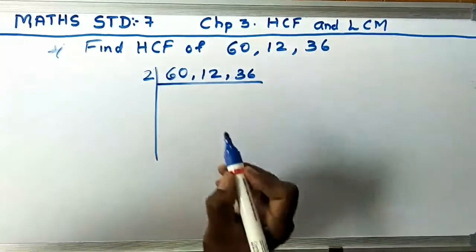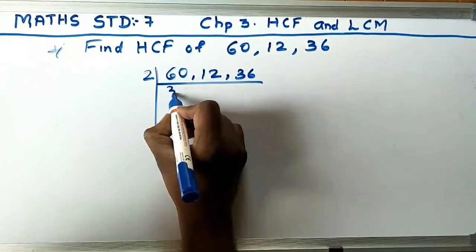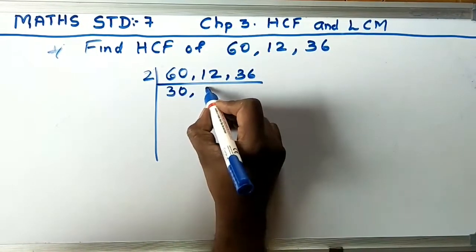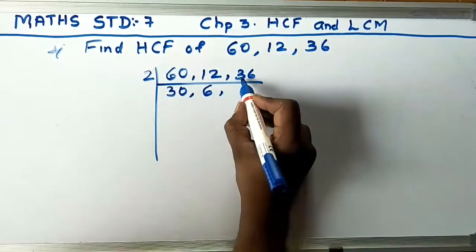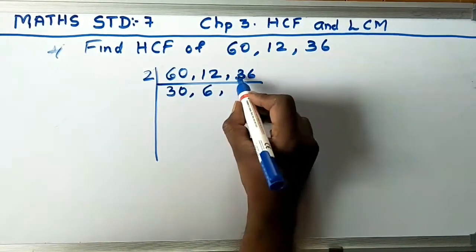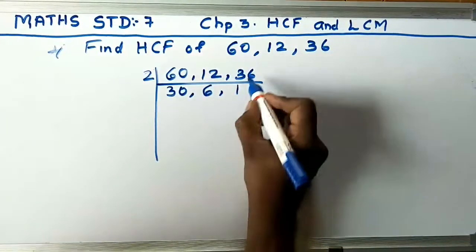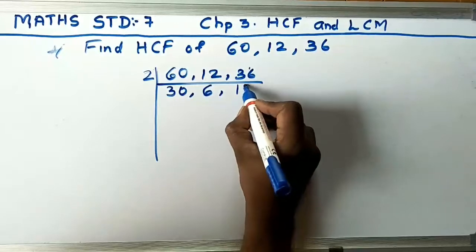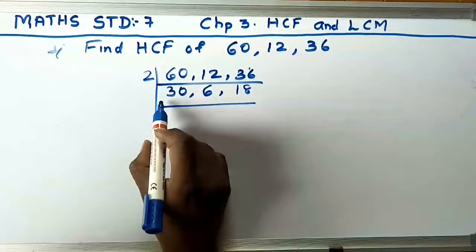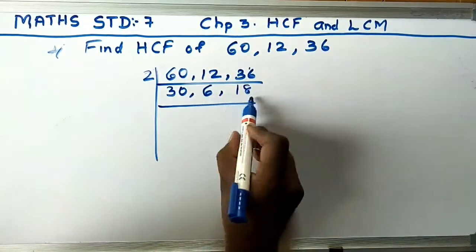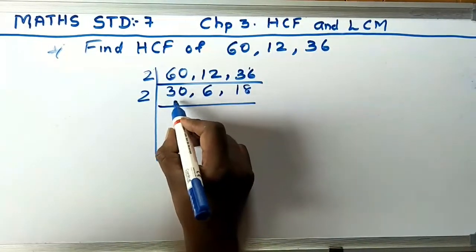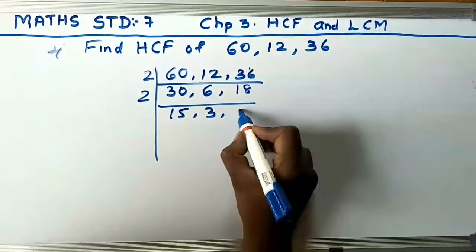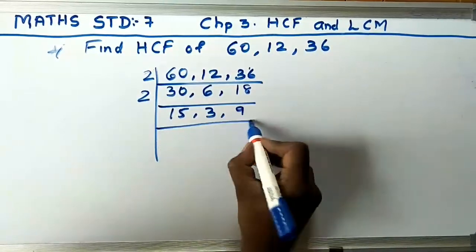First we'll take 2. 2 3s are 6, 0. Then 12 goes how many times? 6 times. 36 goes how many times? Let's see that. 3 will not go into 2, 2 ones are 2. 1 carry because 3 is there. 16 is 18. Now again we see that all the 3 are divisible by 2. So 30, 15 times, 6, 3 times, 18, 9 times.